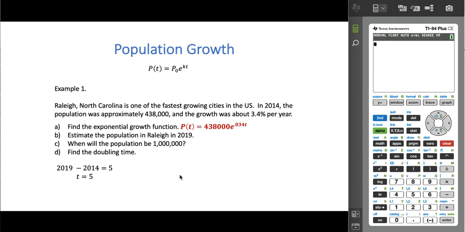Now we're going to take that 5 years and plug it into our population function. When we plug 5 into this function, we get that the population in 5 years is going to be 519,163.5 people, so approximately